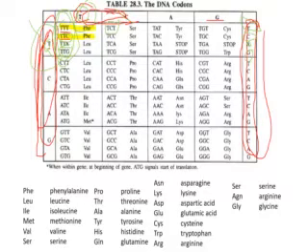And I mentioned earlier that the triplet codes are degenerate, meaning one type of amino acid can be synthesized or coded by more than one type of triplet code, right? Like phenylalanine, you can get it from TTT or TTC. All right. So you complete your table.